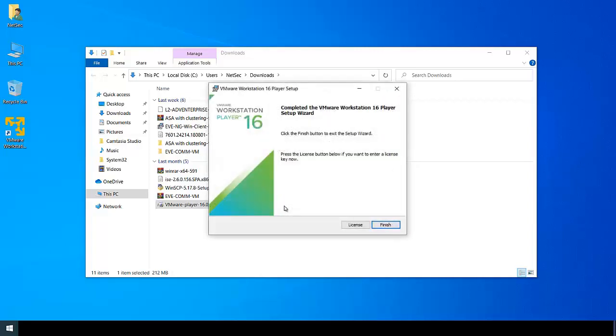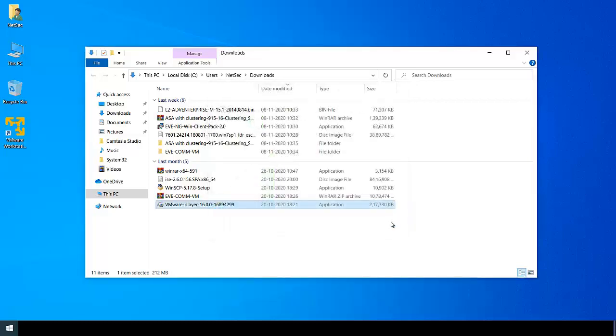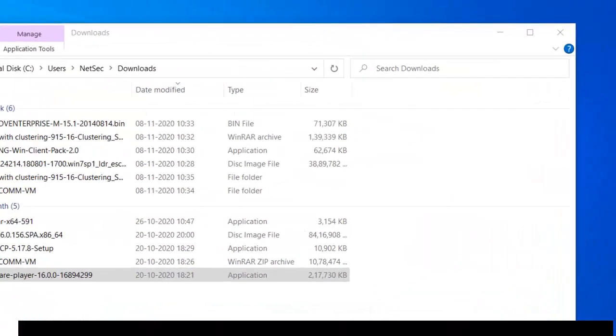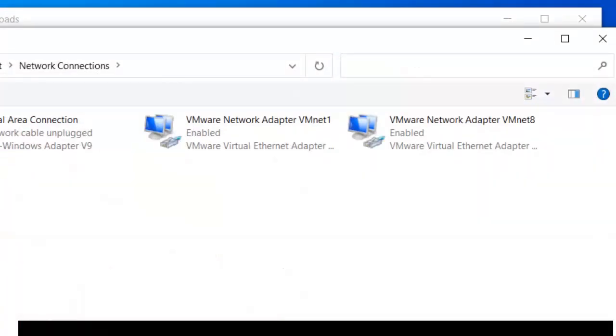When you install VMware, it will also install two virtual adapters. So let's check. Okay, so there are two virtual network adapters. One is VMNet 1 and the another one is VMNet 8.